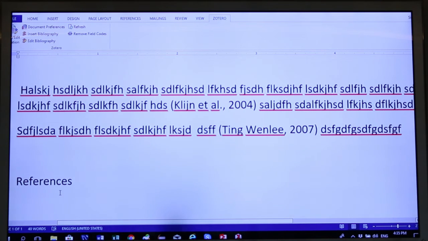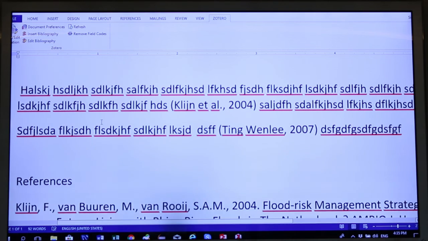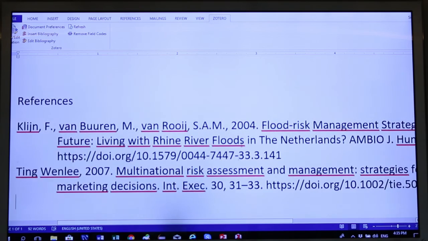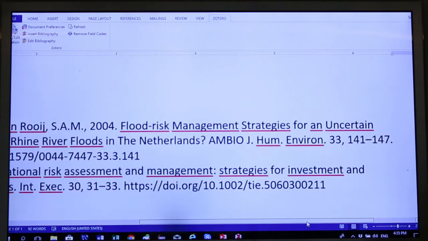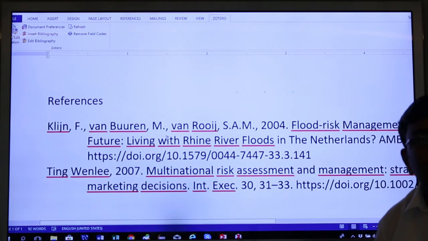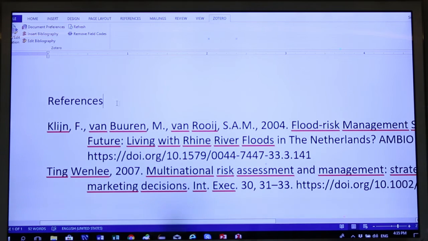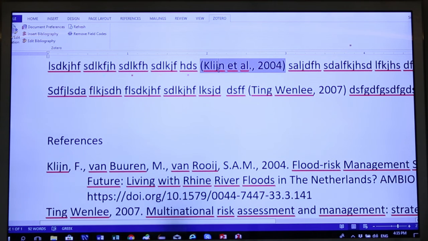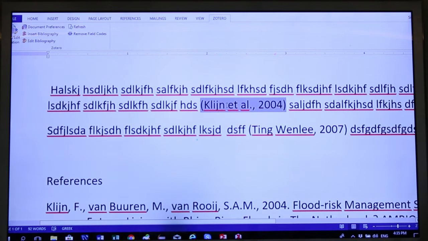And I say insert bibliography, and immediately it added the list. If you cite manually, it won't add the bibliography. You see, when I click there, it becomes all gray. It is a special field. If you write it with your hands, it doesn't work. This is very important. Be careful. You either do it like this, or it doesn't work in another way.